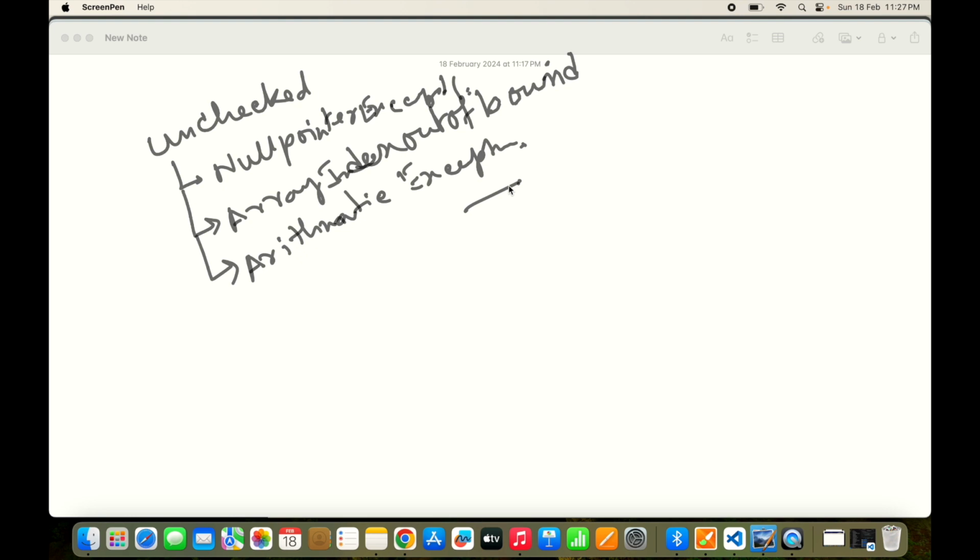Suppose you have created some object, but you have not closed it, you have not destroyed it. So those objects went to heap memory and are waiting for garbage collection, right? And eventually the heap memory gets full and you get an out of memory exception, and your program will